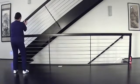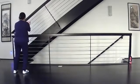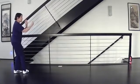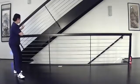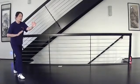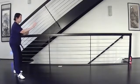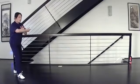Make sure you have your tree hugging shape, head up, shift weight to the right, turn your left foot almost to straight, shift weight back, separate your hands, pull in your right foot, swing, step, brush, strike, roll back, circle your arms, shift weight back, turn to the side, press, pull in the right, attach the left, push out,